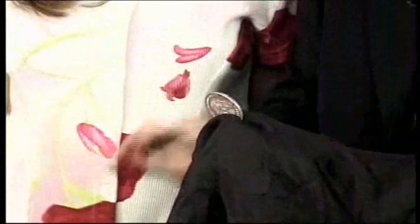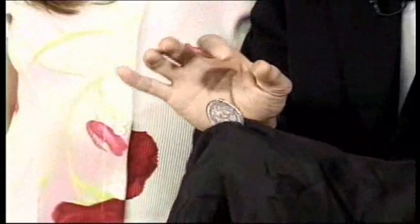So emphasize how fair the coin, or ring, watch, or other small object is inside the handkerchief. Have a couple of people check the situation, then finally let your secret helper check. As she does, she just finger palms the object while confirming that yes, it is still there. Then dramatically